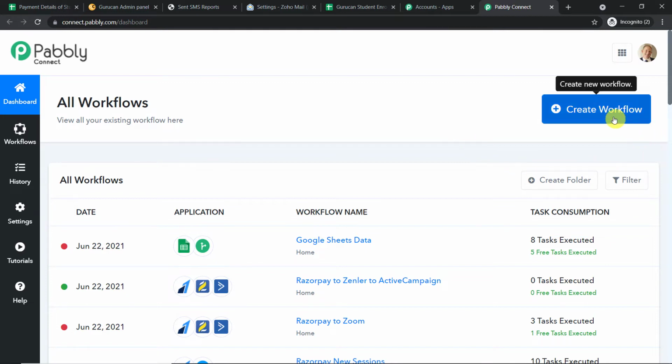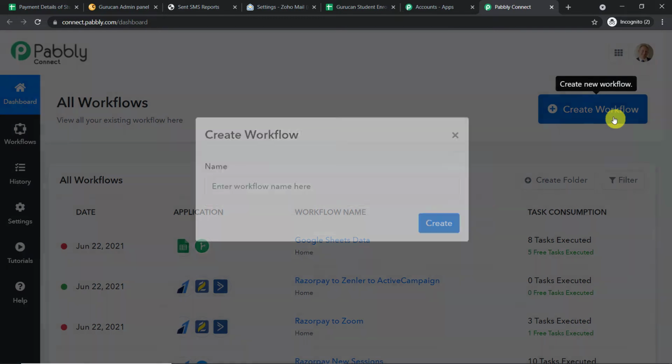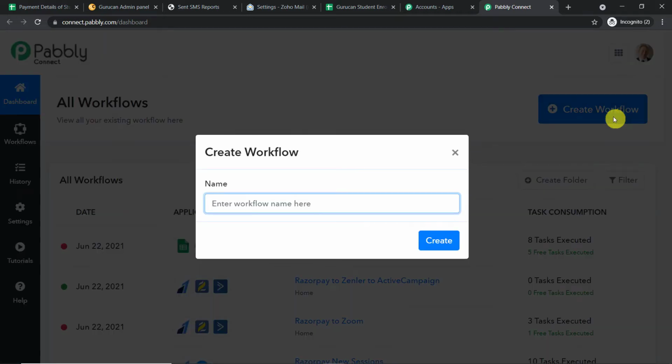Okay, so at the top right corner, you will find a button, Create Workflow. Click this, and a dialog box appears in front of you. It is asking you to give a name to this workflow. I'm going to name it Google Sheets to Wbbwm to SMS Horizon